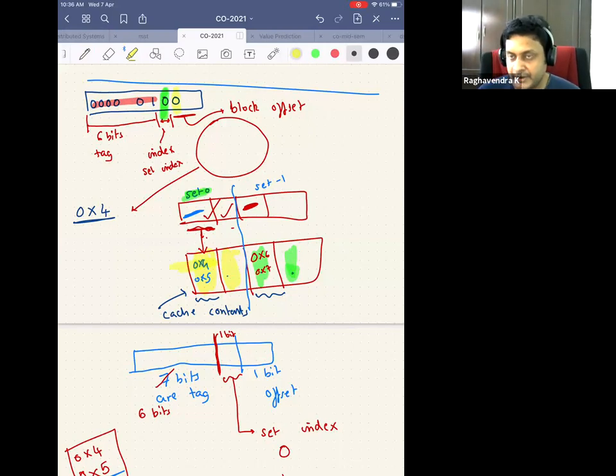So a given CPU address is now split into tag, index, offset. As you remember the pipeline, instruction fetch, instruction decode, register fetch, execute, memory, write back, even if I wake you up from sleep, you should be saying those 5 things. If anybody asks you how a CPU-generated address is searched in the cache, it is tag, index, offset. I'll give you some time to think about it. If you have questions, there will be a lot, because I am assuming you're seeing it for the first time. But it's a very beautiful feeling to understand this. So I will give you some time to ask me questions.